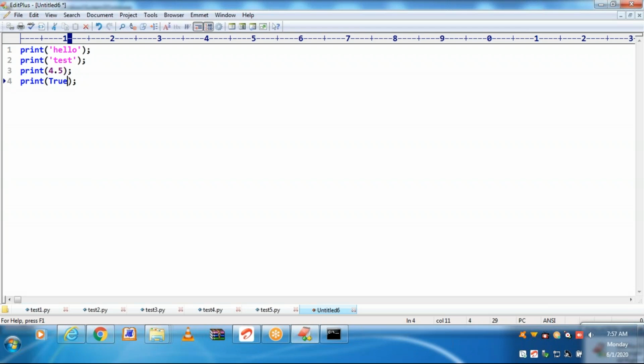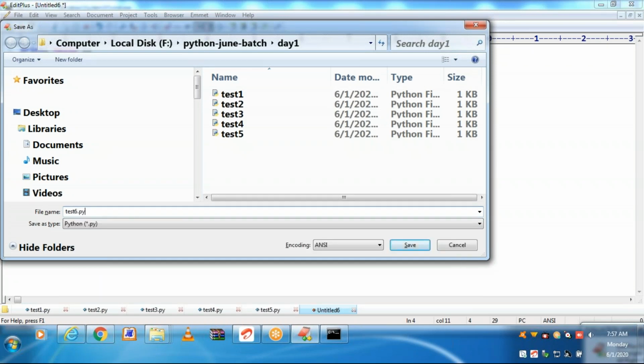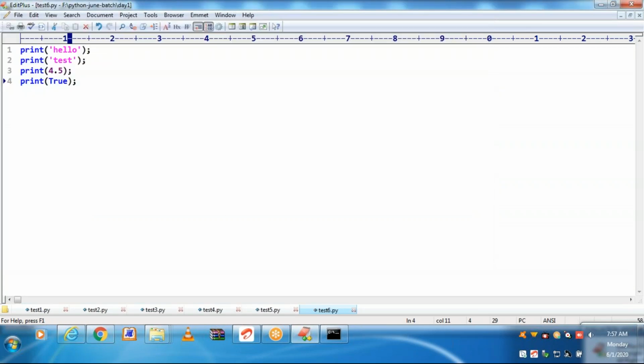Let me save as test6.py. Let me keep some statements without semicolon as well. Absolutely possible.